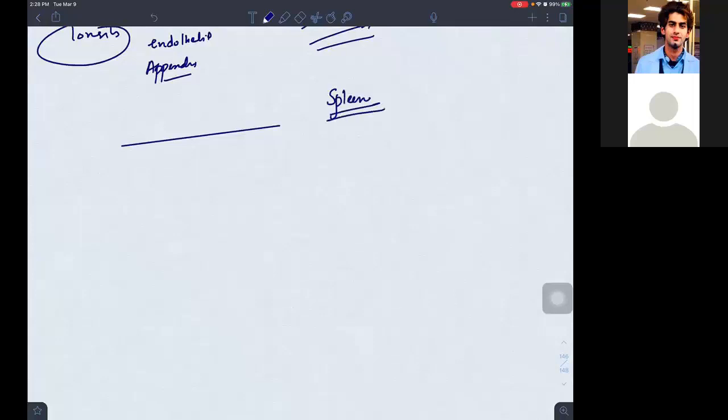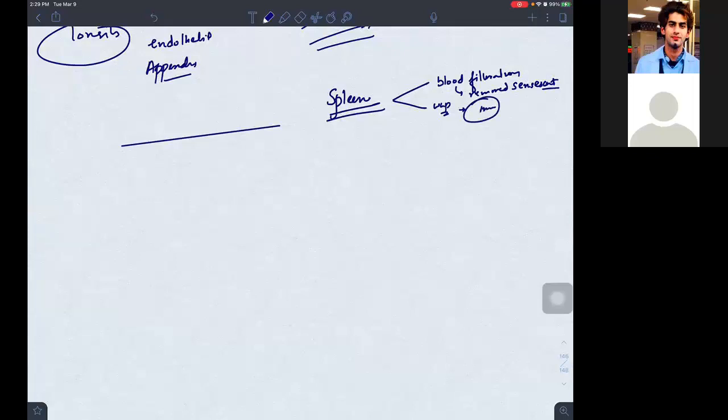If I take the spleen into account, sir, what is the function of spleen? We said at least two functions: blood filtration, and it removes old RBCs, those senescent, senior ones. And white pulp, what was it doing? It was mounting an immune response, responsible for the adaptive immune response.